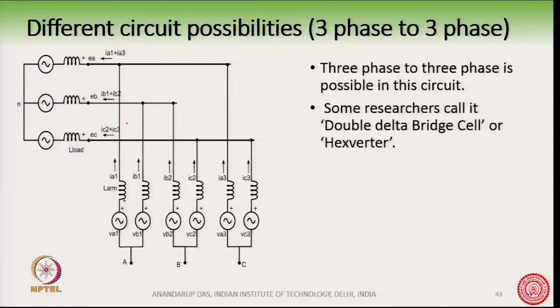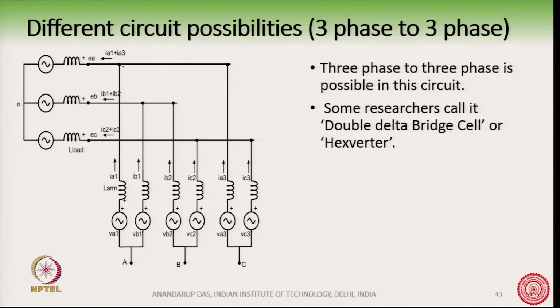Earlier there were 3 cells connected, now we are connecting 2, but it is connected in a slightly different fashion. You see the upper arm and the lower arm for each phase,